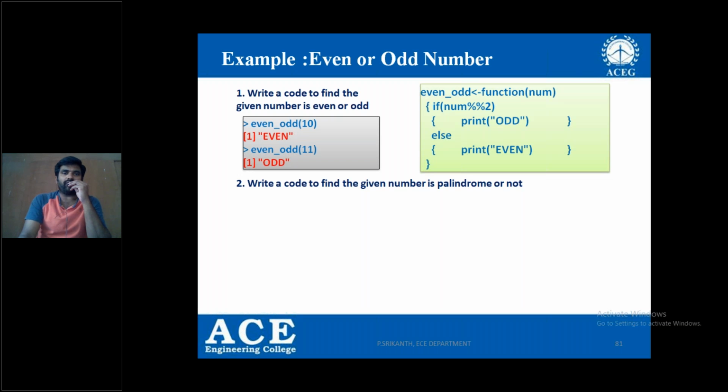I've given the example for even or odd, and there is no need to check for the function because I have already given it. Now your task is to check whether a number is a palindrome or not. For that you need to check whether a function is available. If it is available, you have to use it and write the code. That is the task given to you.